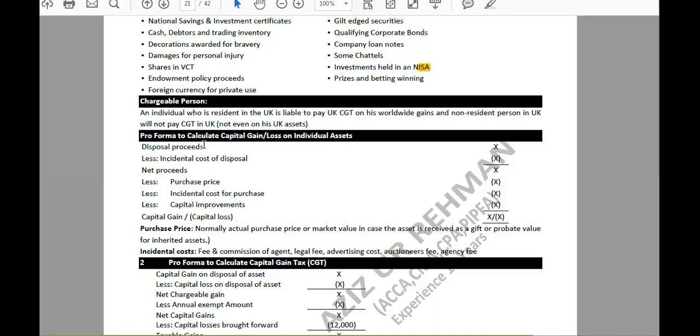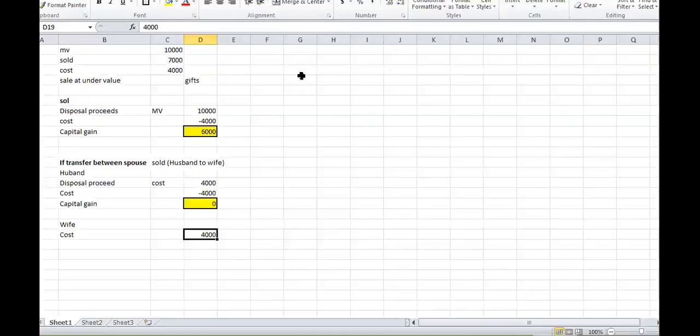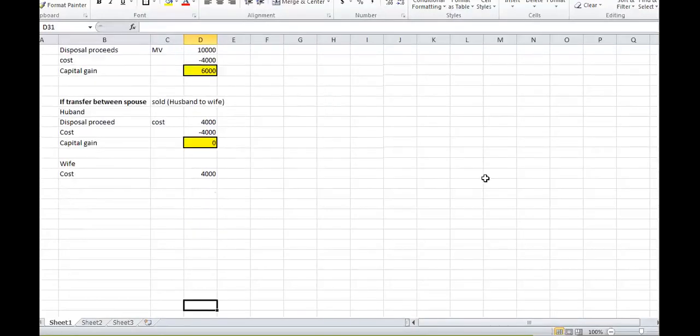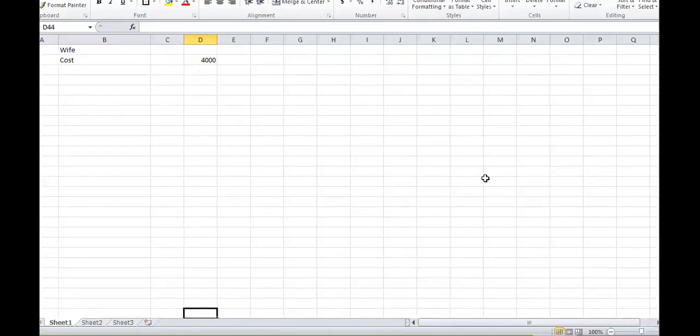Moving forward, how to calculate gain or loss? Calculation of capital gain or loss. So let's, for example,